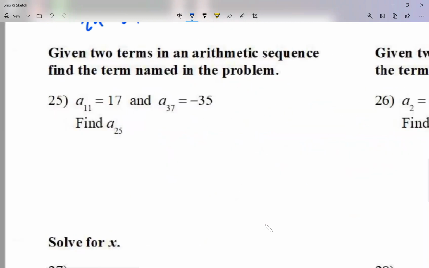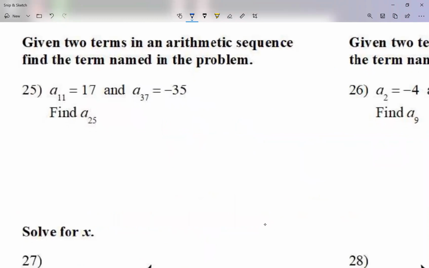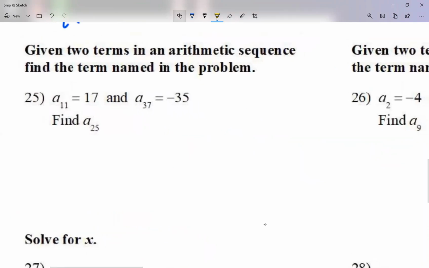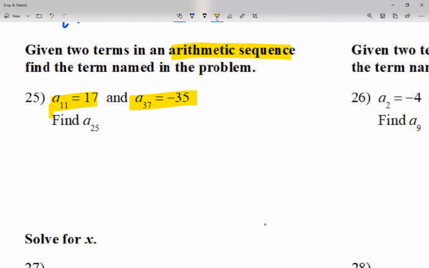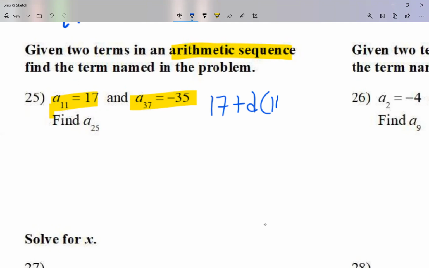And then let's take a look at 25 and 26. Given two terms in arithmetic sequence. Okay. That means my difference is I keep on adding. So here we're dealing with addition. I start with the 11th number on the list, and I have the 37th number on the list as well. So I'm going to say, all right, let me find the difference actually here. 17, I have to add the difference 16 times, right? Because from the 11th to the 37th, that's 16 times. So 17 plus the difference 16 times is going to equal to